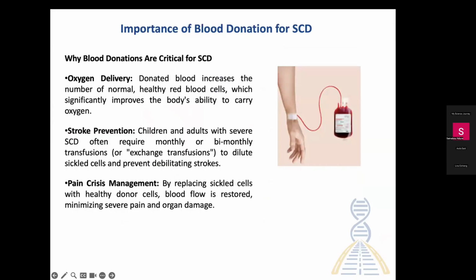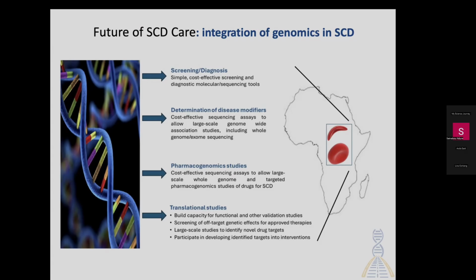Blood donation, this is really important, and it's because we already saw that people with sickle cell disease suffer a lot from anemia, which also leads to different complications. So this is a call to all of us to really participate in blood donation for people with sickle cell disease. This helps in so many ways. It's part of the therapy for stroke prevention, pain crisis management, and the like,